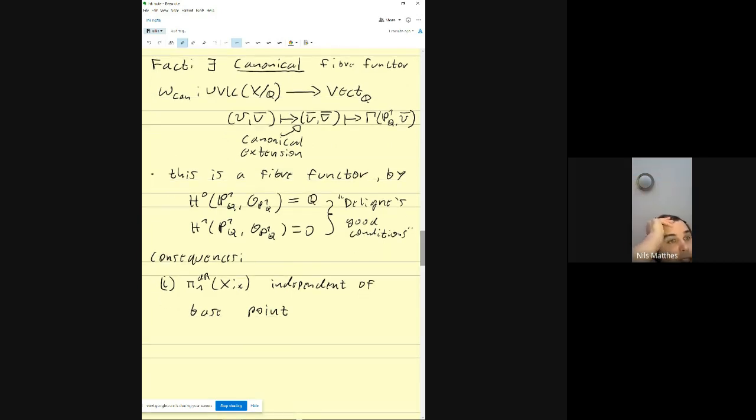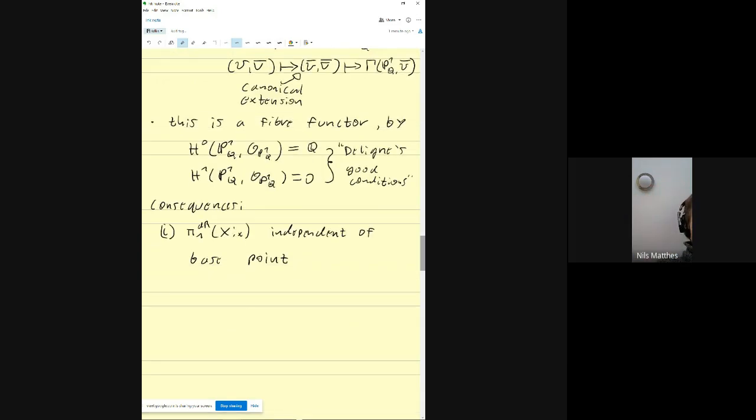And again, if you think about the analogy with topology, you can also look at the fundamental groups for different points. Whenever you choose a path between these 2 points, you get an isomorphism of the corresponding fundamental groups just by conjugation. And what this tells you is that there is a canonical